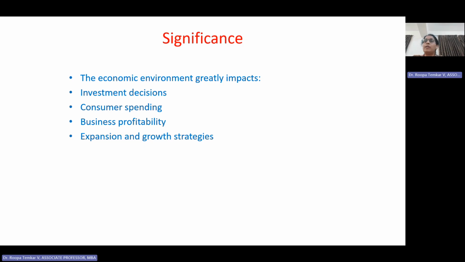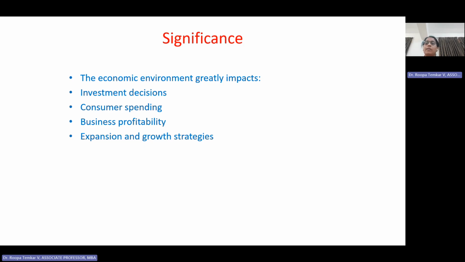Say for example, you take sportswear or shoes. Today, the leading companies have their sales or business mainly in the Asian countries. So that decides the consumer spending, because if we take India, we Indians prefer to buy the international brands rather than the domestic product. So that is why spending by consumers is very important, and then business profitability,